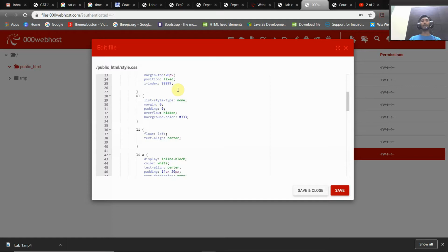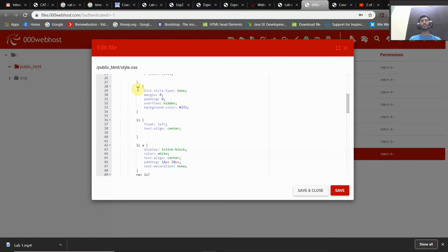So if I overlap it with anything, it will be above it because it has higher priority. Then I've used an unordered list, as I told you earlier. I'm giving it list type none, which means that whenever I type an unordered list, it would normally appear with some kind of symbol. It can be a circle, or whatever type we give, but when I put type equal to none, it becomes nullified, and it just gives simple elements inside the